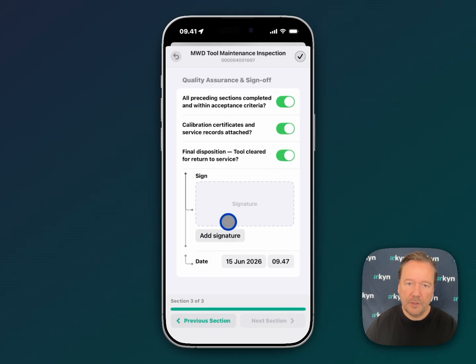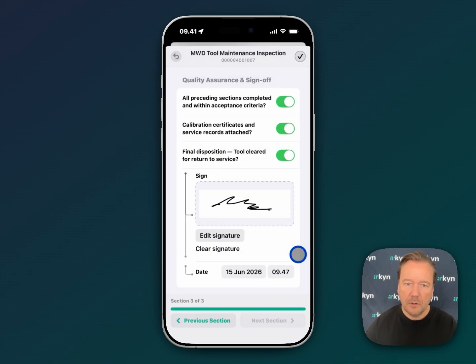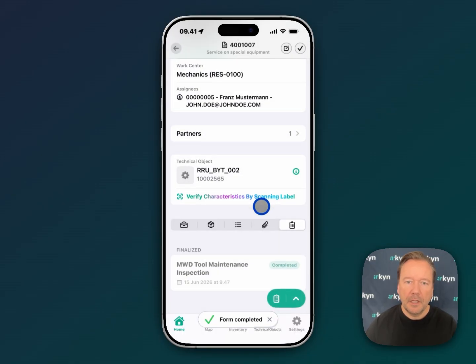And you can have, for instance, a signature field if you want somebody to sign a form out in the field. Go ahead and save, and I'll just complete the form, and it's done. And now it's saved to SAP as a PDF on the specific work order that you have. So very easy to build any kind of inspection, checklist, security form, whatever you need, and have it attached to your work orders for your maintenance guys.